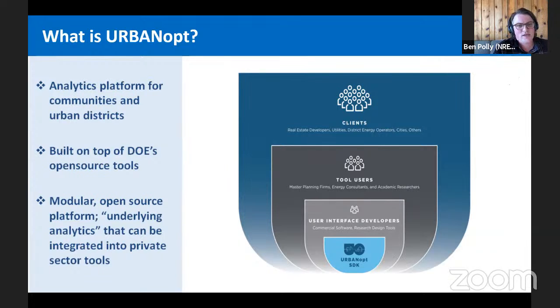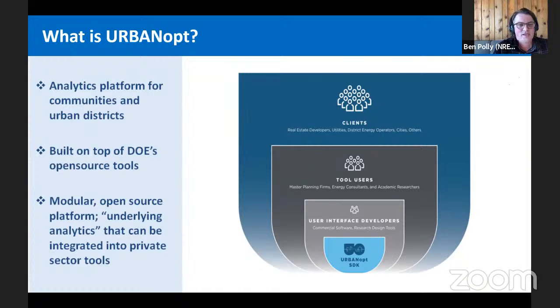A key thing, shown in the graphic on the right, is that URBANopt is a modular open source platform. We're focused on that underlying analytical capability, the SDK, represented in the light blue. The SDK is really like a toolbox for commercial software developers.